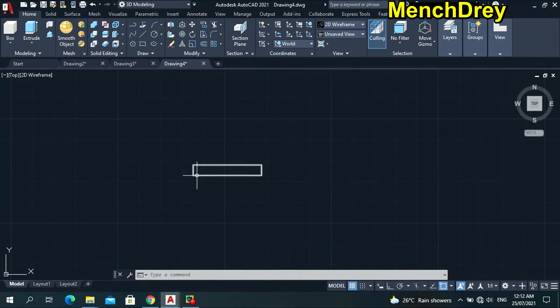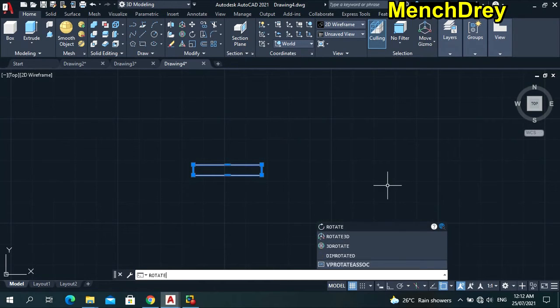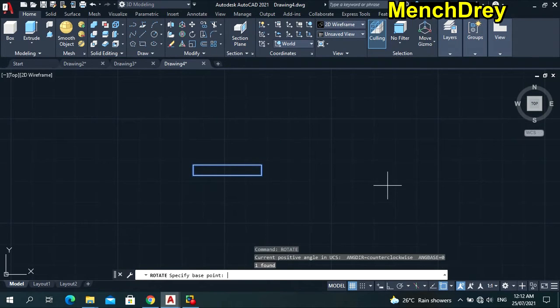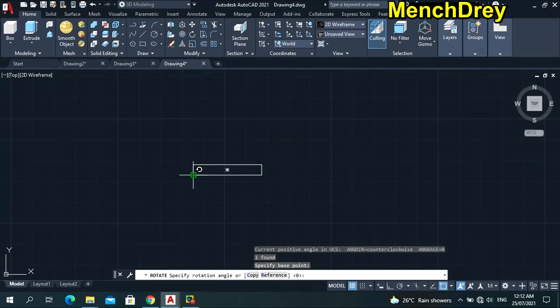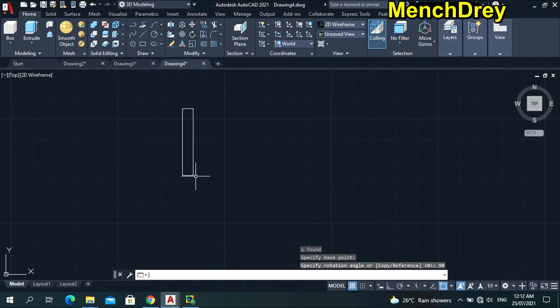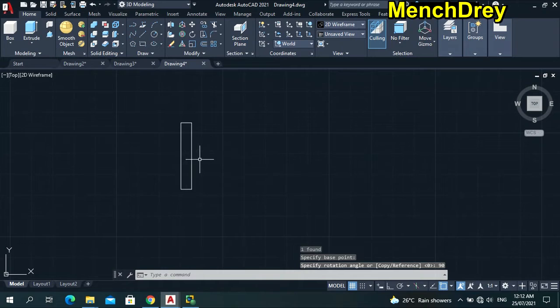Okay, so I would like to rotate this one to 90 degrees. So this is my base point, then 90 degrees. Okay,